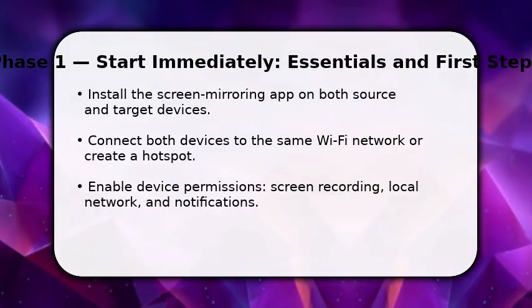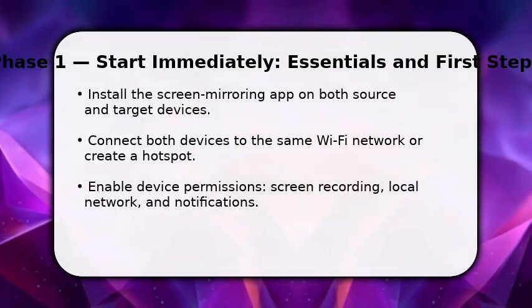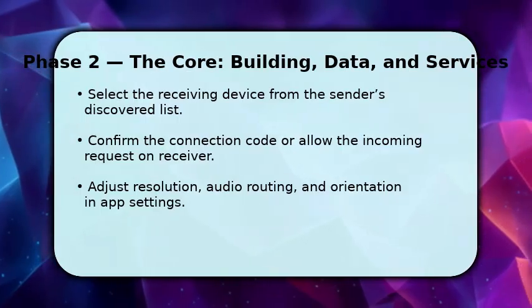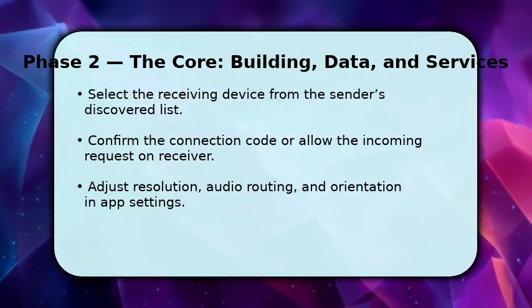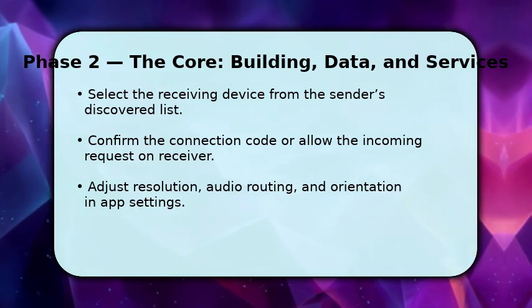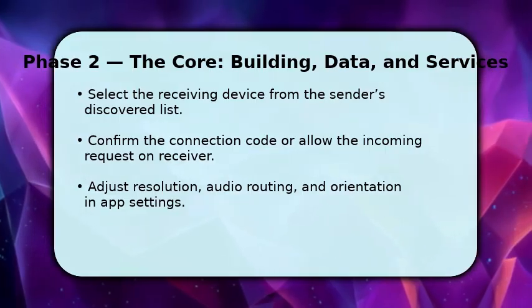Once done, tap Discover or Start on the sender so the receiver can find it. This begins the handshake that lets data flow. Once the receiver appears, you select it on your sending device, then confirm the connection code if prompted. This prevents accidental pairings. If the receiver asks, accept the incoming request and allow screen sharing, because denying it stops